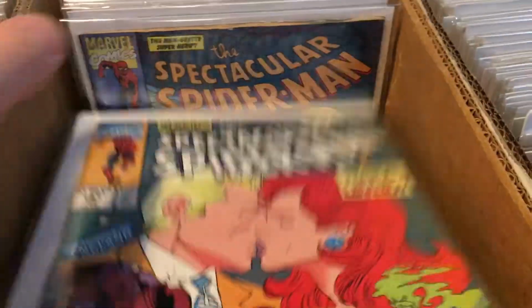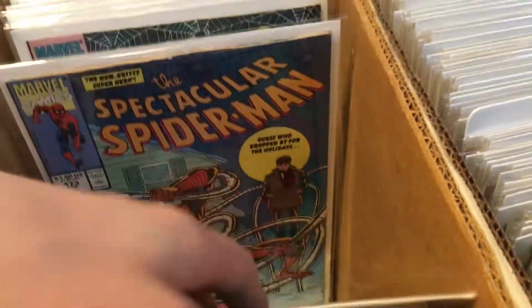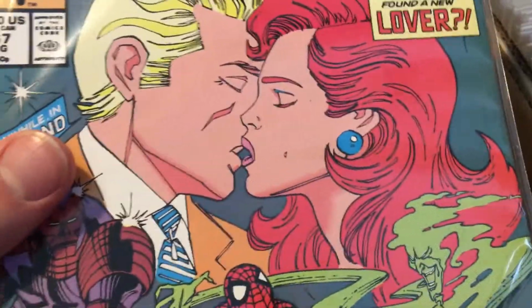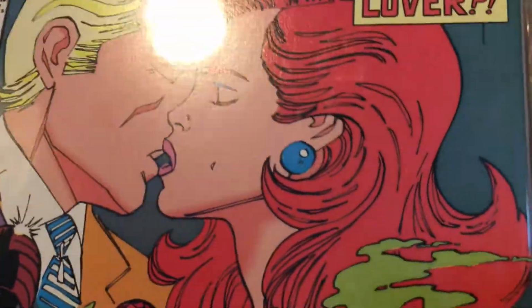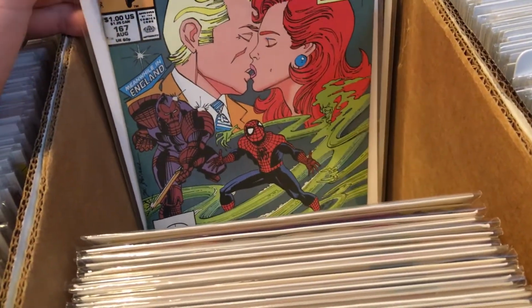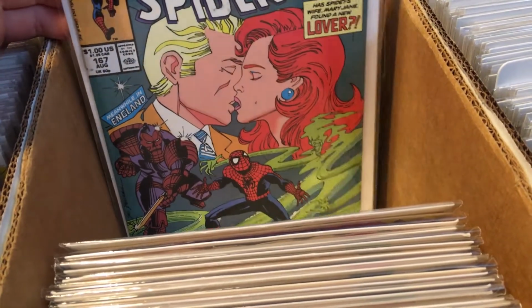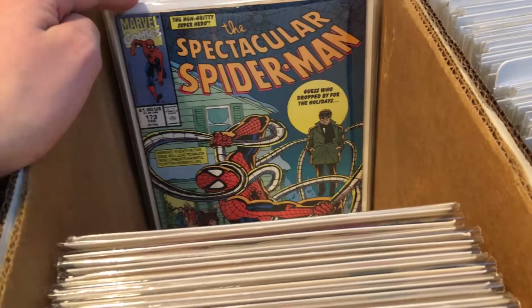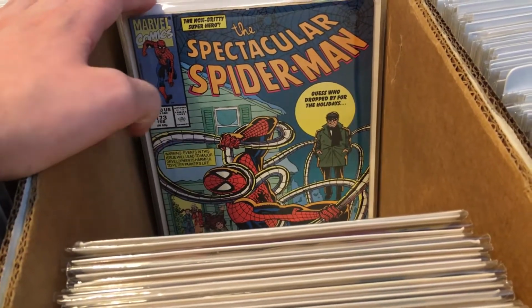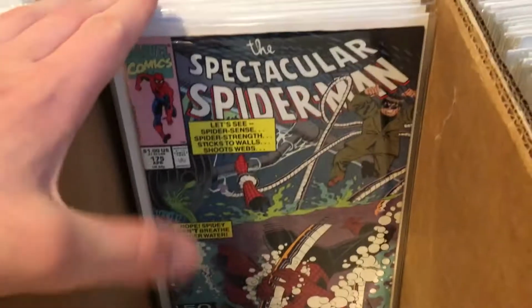167. I remember picking this up because I wanted to know what this was all about. Could imagine a very weird fan fiction. But it's nothing like what it seems. I think they kind of just want you to hate Mary Jane in this issue, even though she isn't really that bad. But I don't know why that issue was necessary. Spectacular Spider-Man 173, 174, 175,